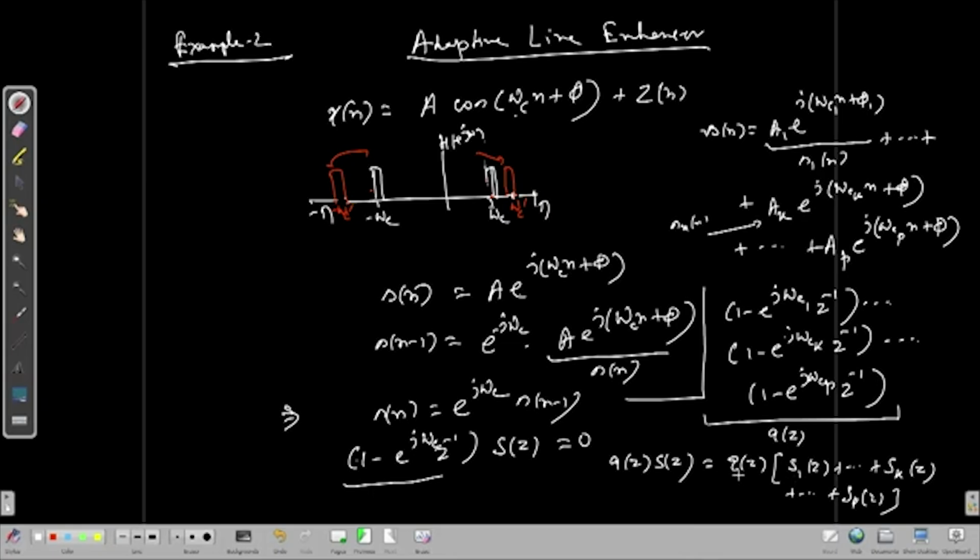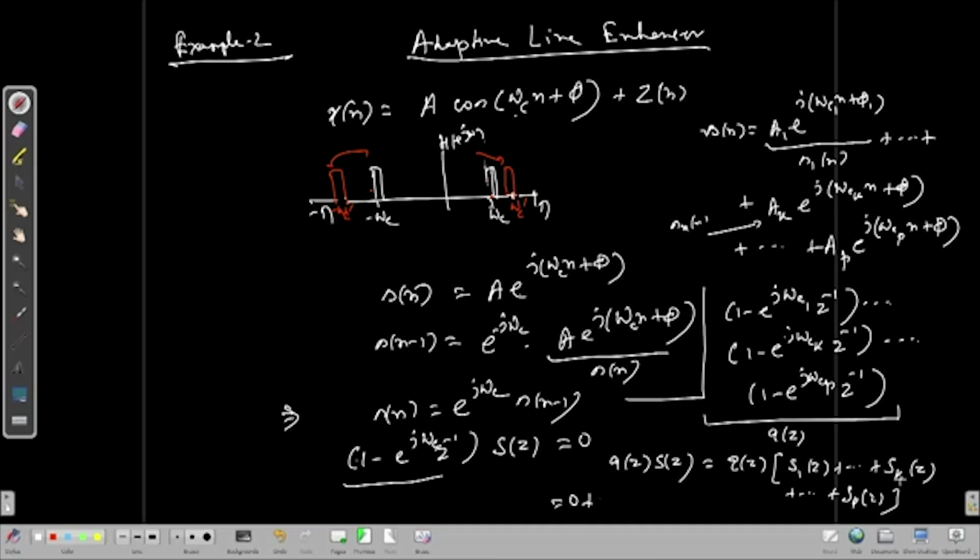S1z and Qz: Qz has this factor, S1 has e to the power j omega C1, okay, and e to the power j omega C1 z inverse, 1 minus this first factor in this chain, the product. But the product of these factors I can always shuffle, I can bring the first guy in the very beginning. So, that into S1z because of this theory is 0, and remaining factors multiplying 0 is 0. So, Qz into S1z would be 0 plus